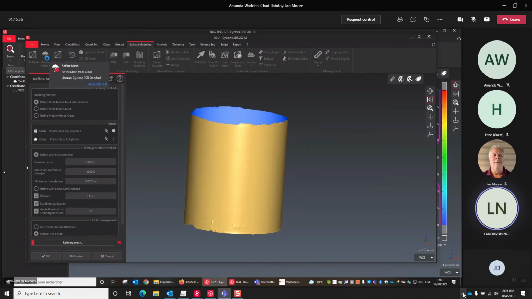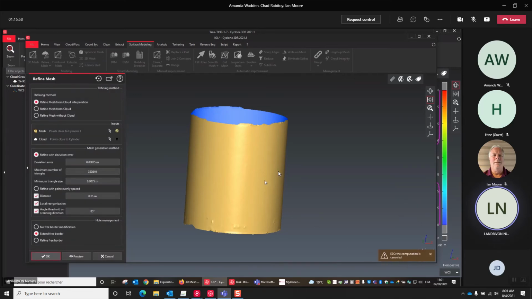The one that is usually used is the cloud interpolation. Cloud interpolation is based on the theoretical surface of the cloud. It means that the idea is to generate a mesh at the end which will go inside the thickness of the cloud, so the result will be a smoother mesh. Okay, so I cancel.